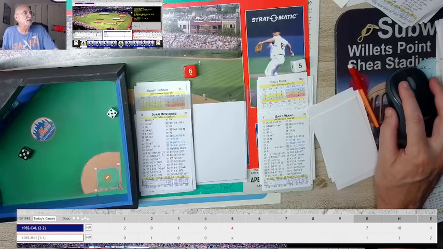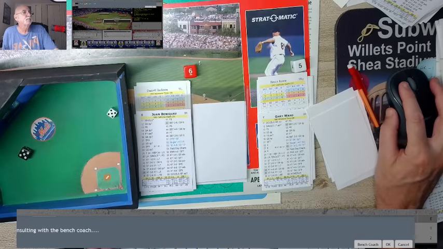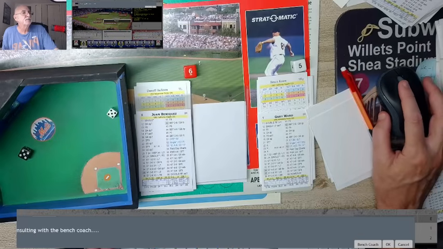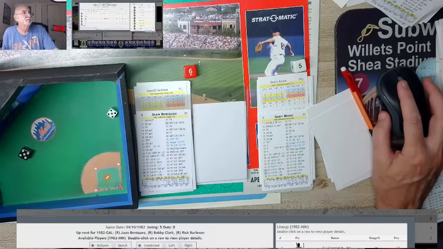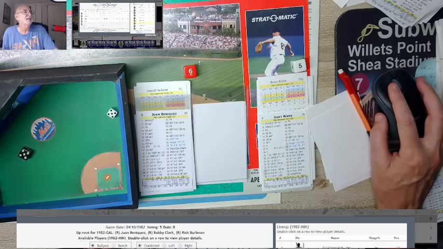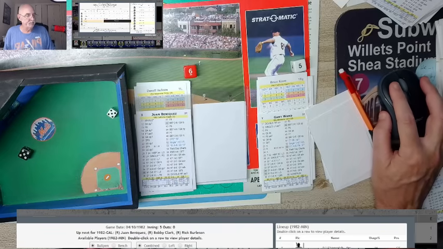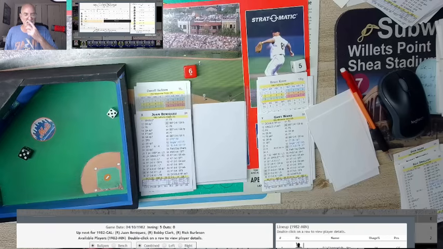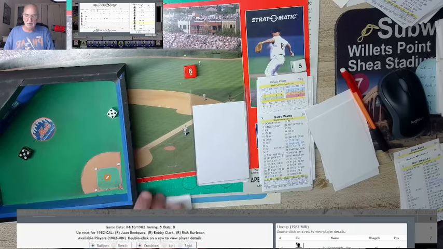And Darryl Jackson is going to go to the showers. Who are we going to call on? Let's see. Long here. 22 saves. That was Ron Davis. So we're going to go to a guy named Doug Corbett. We're going to call on Doug Corbett. And then we're going to roll for him, see what kind of stuff he will have.